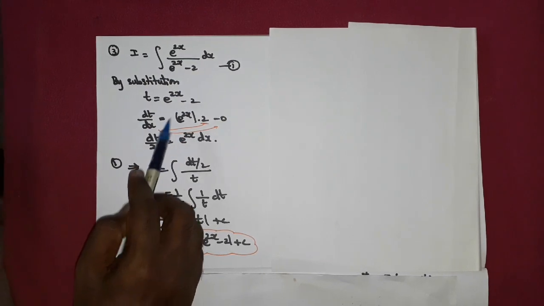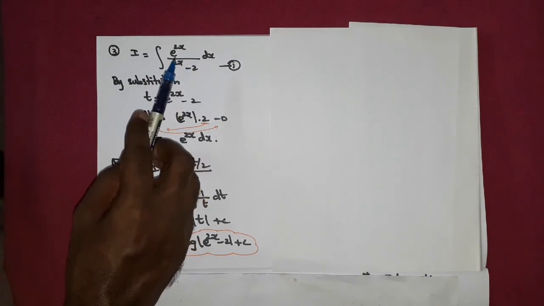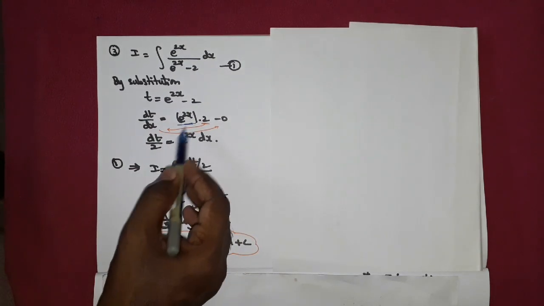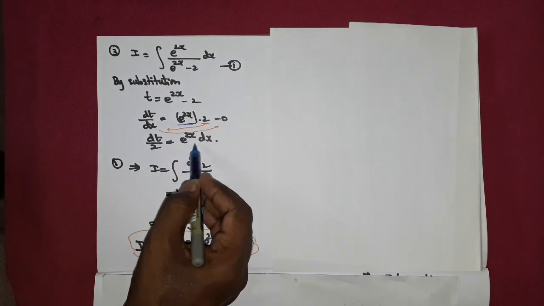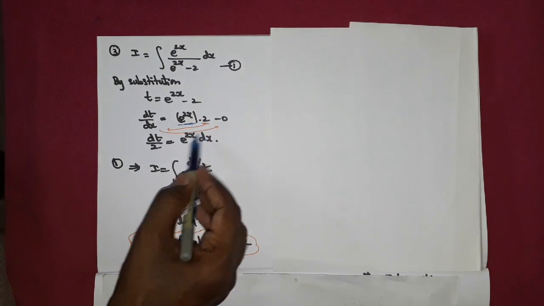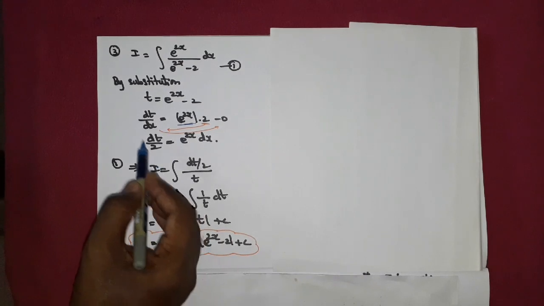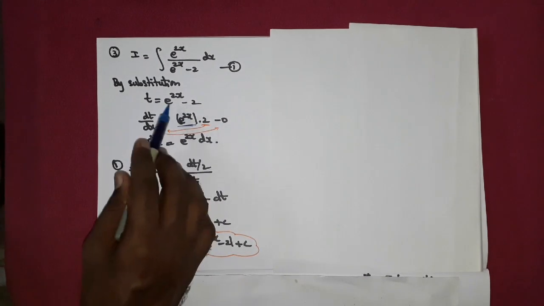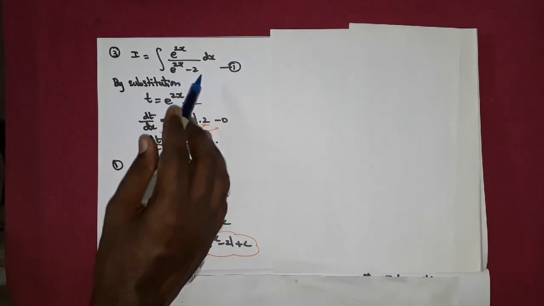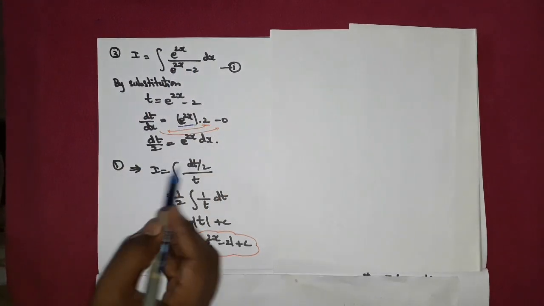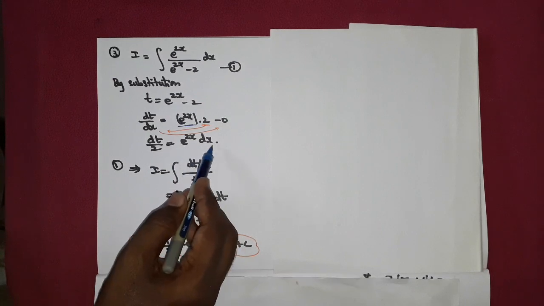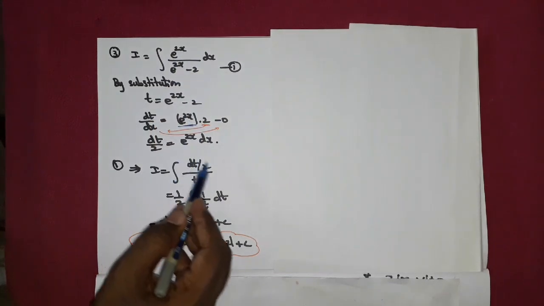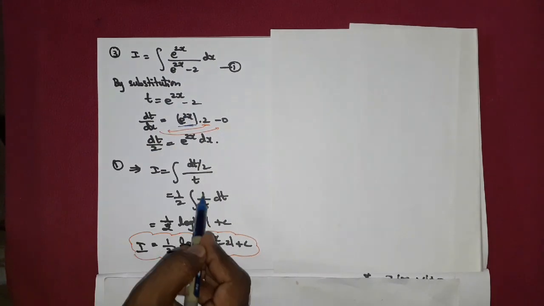Right. So here in the integral, in the numerator, you can see only e power 2x and dx. So you keep this e power 2x and take dx to the other side. So e power 2x into dx. And this 2, you take it to the denominator of the left side. So dt by 2 equal to e power 2x into dx. So now in the integral, we can apply t in this place. And instead of e power 2x into dx, we can apply dt by 2. So the numerator will become dt by 2, and the denominator will become t.